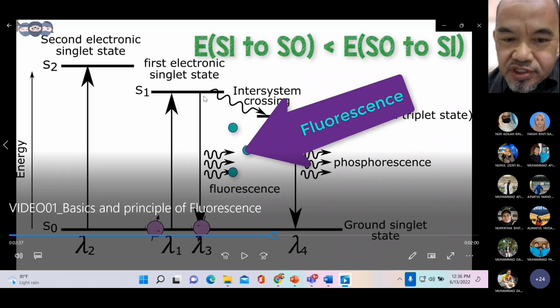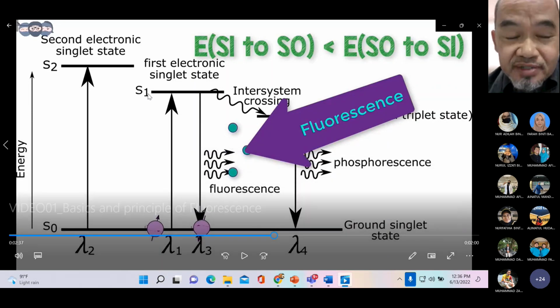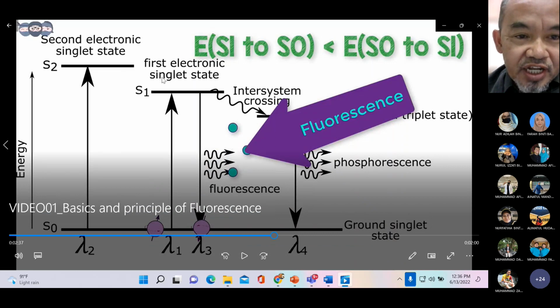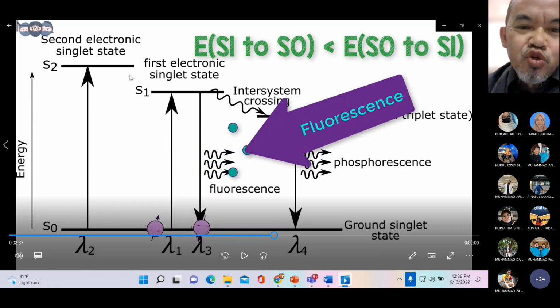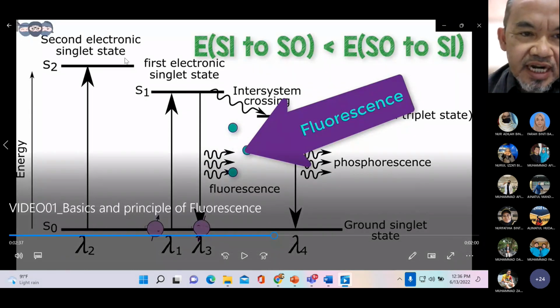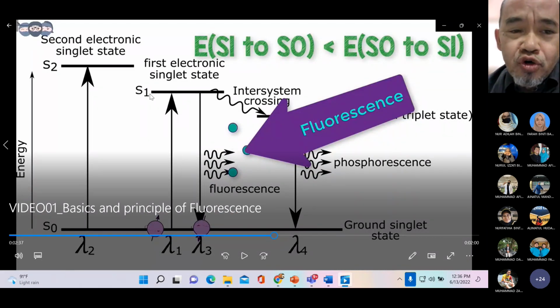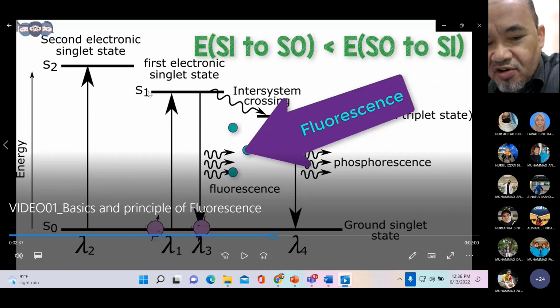Tapi kadang-kadang sebelum tukar jadi fluorescence ni, contoh yang inilah, kalau S2 ni, sebelum dia turun ke ground state, dia mungkin akan turun ke S1 dulu, dengan dia membazirkan tenaga dia. Tenaga tu dia pakai sebagai relaxation. Dia akan relax, turun daripada S2 kepada S1 dan tenaga tu akan dibazirkan. Maknanya akan ada tenaga dihilang. Kalau tenaga dia adalah 10 contohnya, tadi kita kata daripada 100 hilang 10 jadi 90. 90 kalau dia ditukar dari fluorescence terus, dia akan appear still pada panjang gelombang yang tinggi.